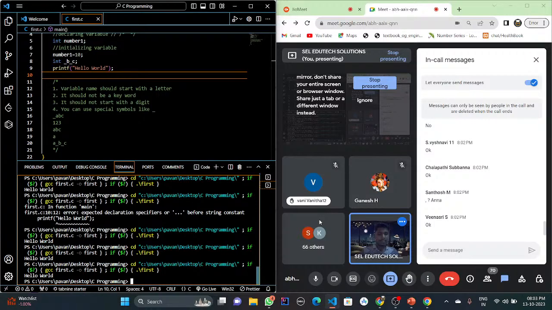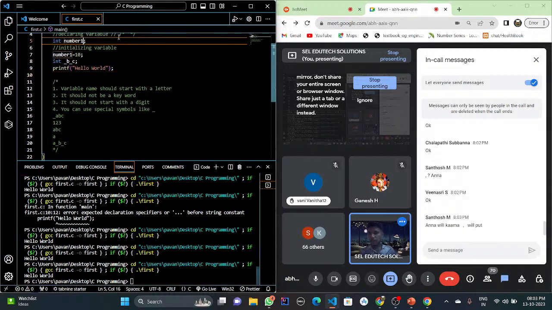Use digits. It's very easy and it will be comfortable for reading and writing the codes and all. Comma and all you can't use. For declaring same data type, number of variables, you can see, if you use comma, see,